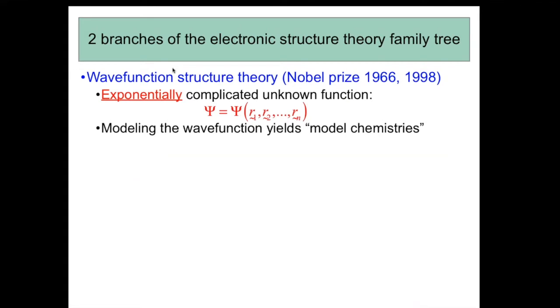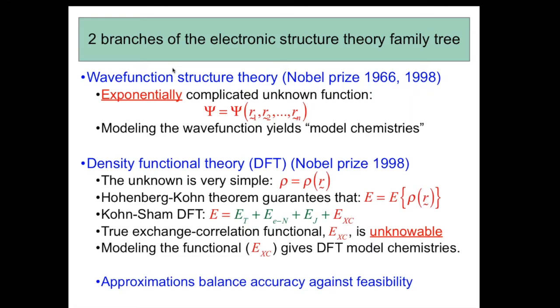So DFT, as you know, is probably the leading branch of quantum chemistry. It differs from wave function theory in that it offers, in some sense, a better trade-off between the cost of computations and their feasibility. Wave function calculations have the advantage that if you add more degrees of freedom, like higher excitations in coupled cluster theory, the answer is guaranteed to get better, and those yield what are called theoretical model wave function chemistries. But in density functional theory, we have the great advantage that the ground state energy is simply a functional of the electron density, and the great drawback that even though there is only one unknown term in the